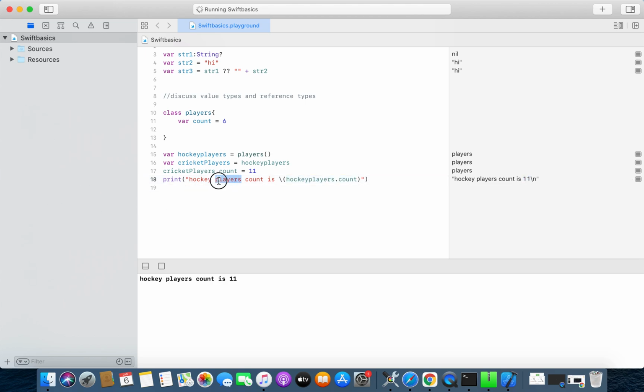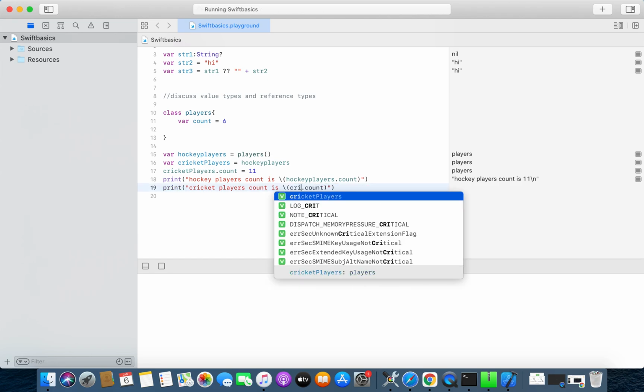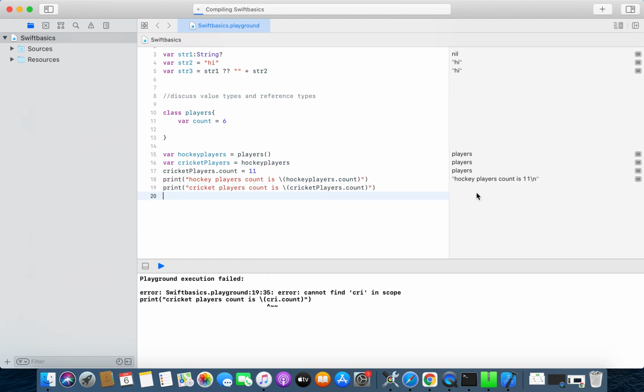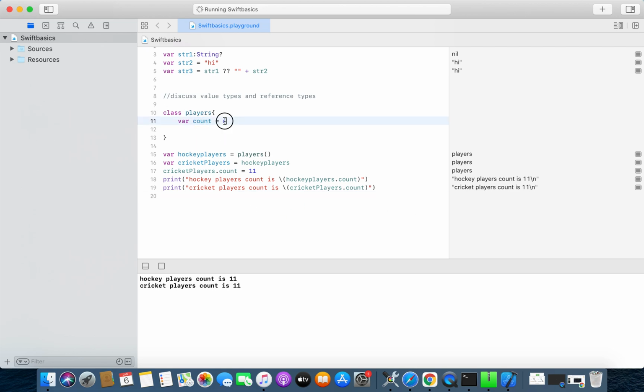Now I am going to print the cricket player count. See, cricket player count is also 11 and hockey player count is also 11, because the count variable is modified at some point in the code.